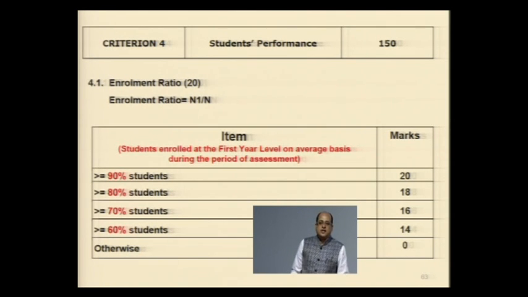As we have seen, the qualifier talks about 50% in tier 2 and 60% in tier 1. So the marks here will be based on the admissions in a program on an average basis for the assessment tier from 60% to 90%. The weightages will vary from 14 to 20 marks based on the number of admissions made in the last 3 years. In case a program is not able to get 60% students, then the program will not get any marks on this criterion.